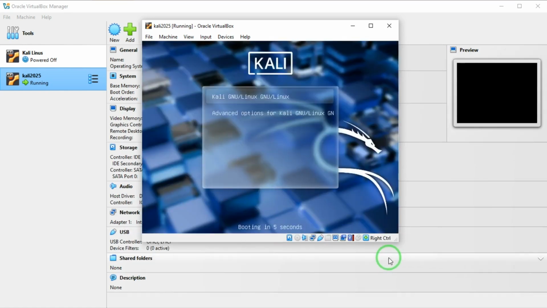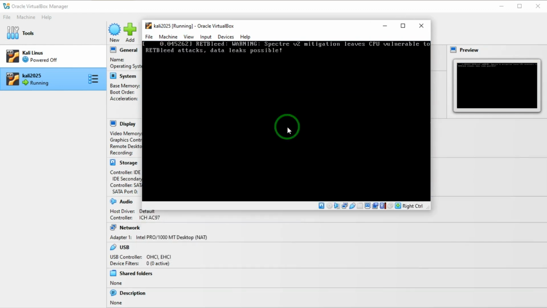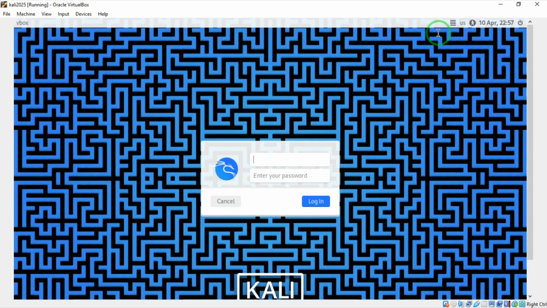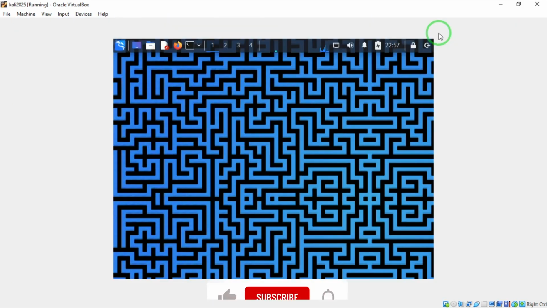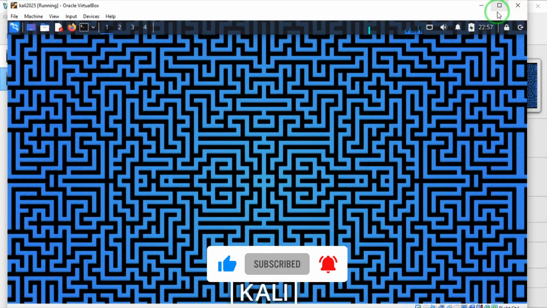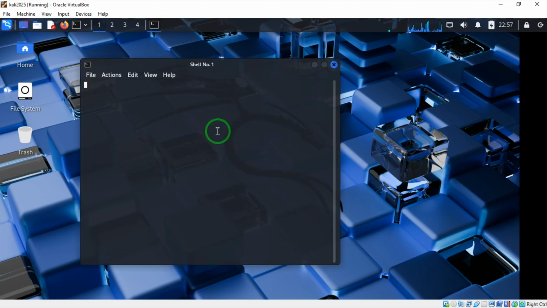And that marks the completion of the installation. So we're going to boot now. We're booting into Kali Linux. Let me input my username and password. So that is it. I can minimize and restore. And that is it. We have installed Kali Linux